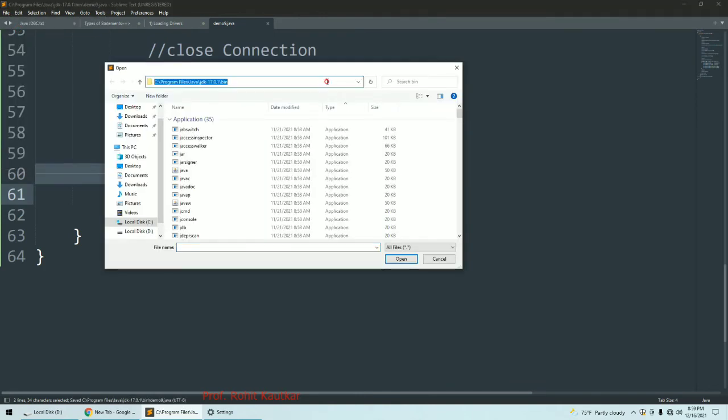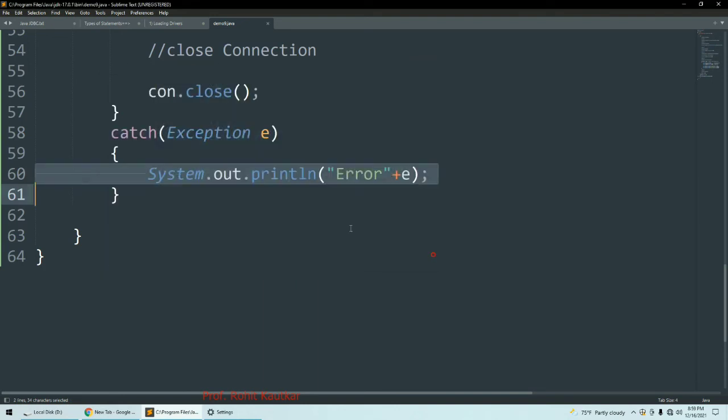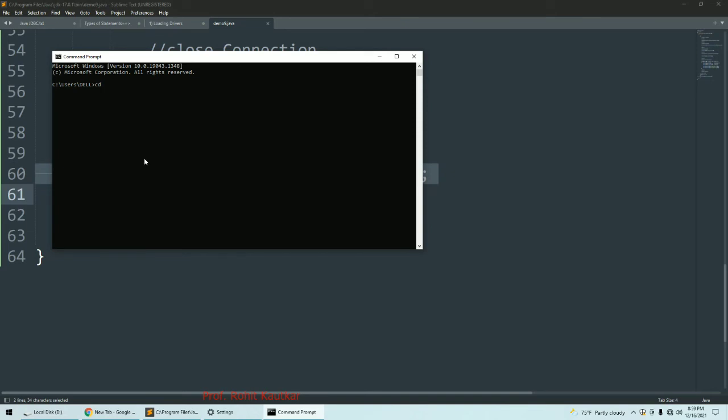Let's try to test it. I will get the path of the bin directory first of all. Start the command prompt and switch to that path. Now I will write javac and the name of our file is demo9.java. Okay, there is one error we got over here.